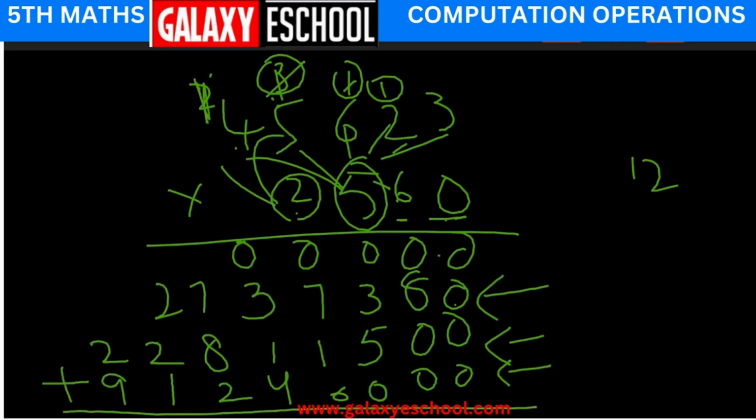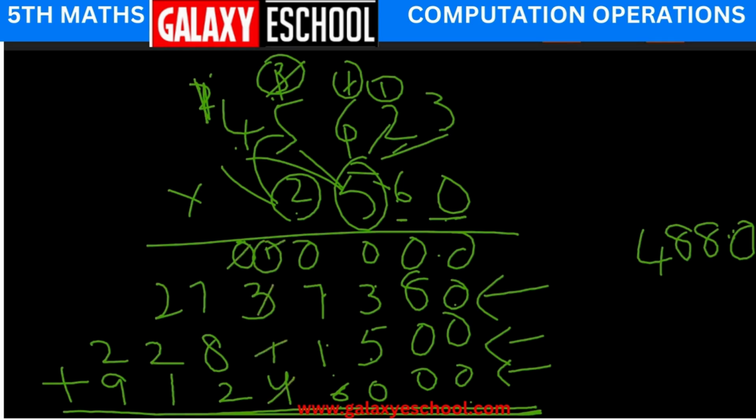Yes. Now we need to add all of these partial products. Now children, I'll add here, but I'll write the answer here, because there is no place to write below. All the zeros. 0, 8, 3 plus 5 again 8, 7 plus 1 8, 8 plus 6 14, 4 here 1 carried, 1 plus 0 1, plus 3 4, plus 1 5, plus 4 9. Yes. Now 7 plus 8 is 15, 15 plus 2 17, 7 here 1 carried, 1 plus 2 3, 3 plus 2 5, 5 plus 1 6, 2 plus